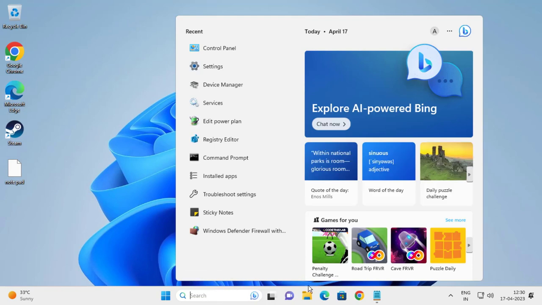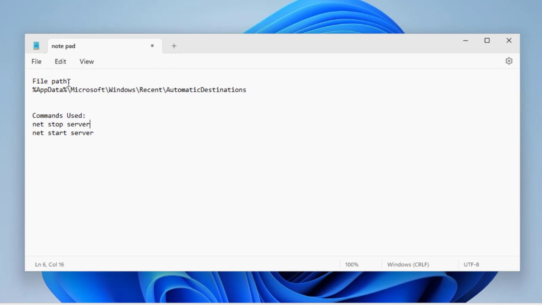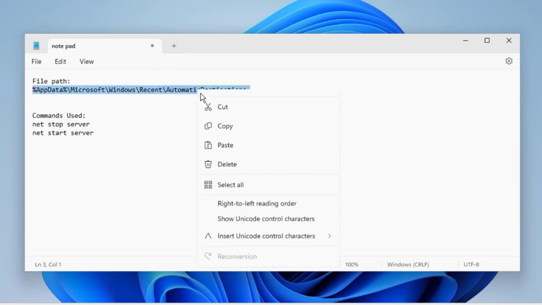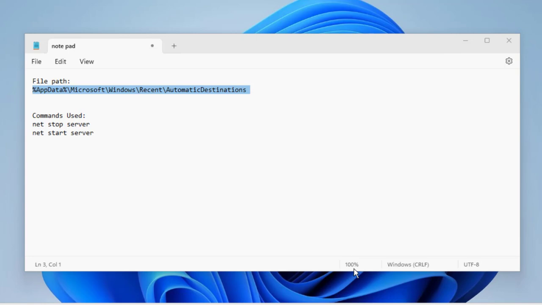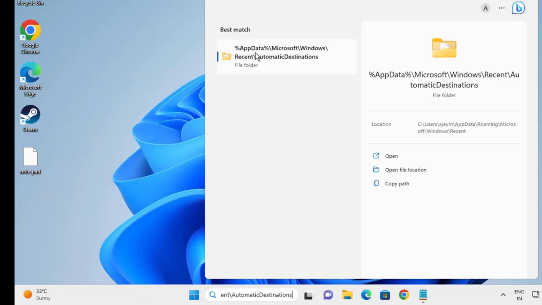In the search menu, go to my description, guys. I'm giving a file path. You need to copy that and paste it in the search menu, guys. Paste it in the search menu. That is the file folder over here. You need to open it,